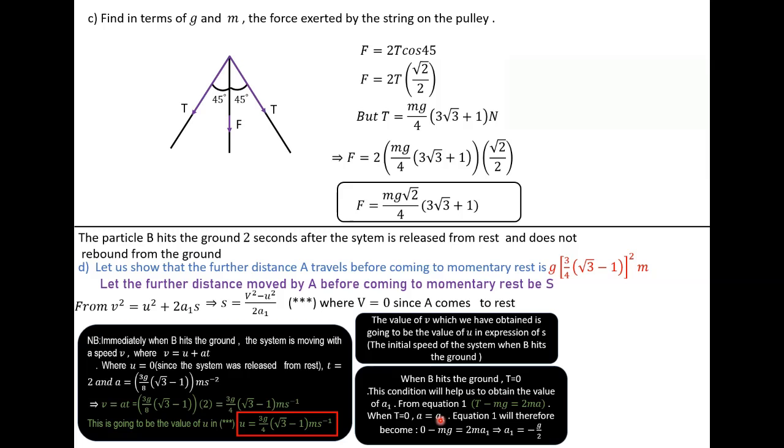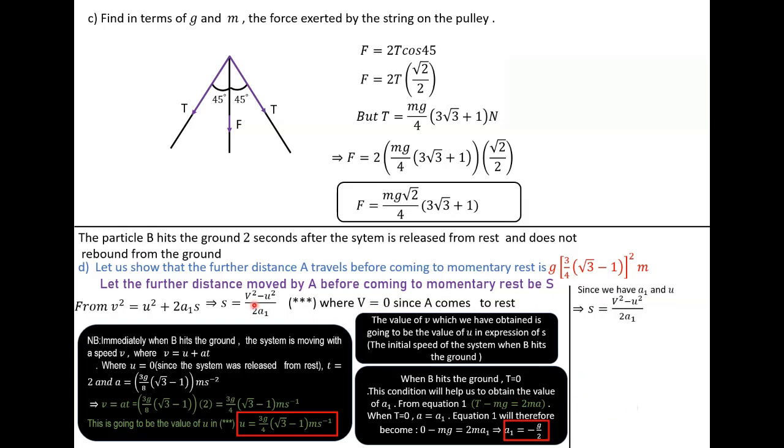So equation 1 becomes 0 minus mg equals 2m times a1. Dividing all through by 2m, we get a1 equals negative g divided by 2. So having a1 and u, and v equal to 0 as the final speed,